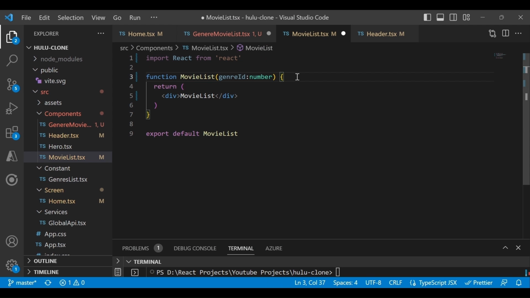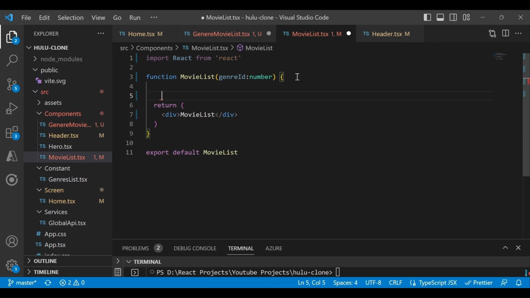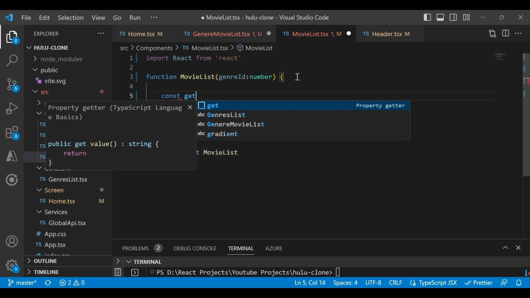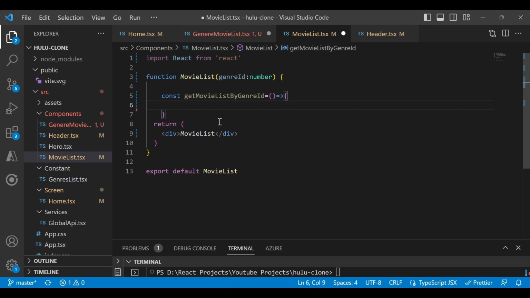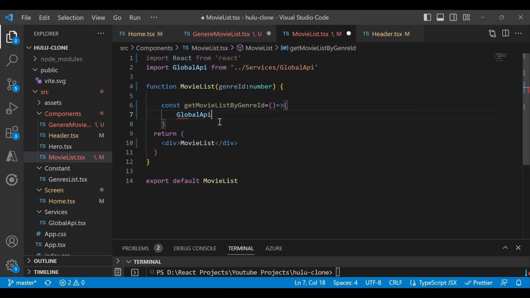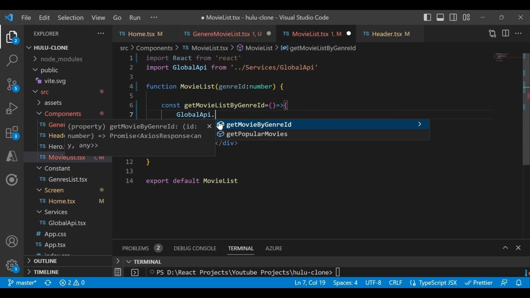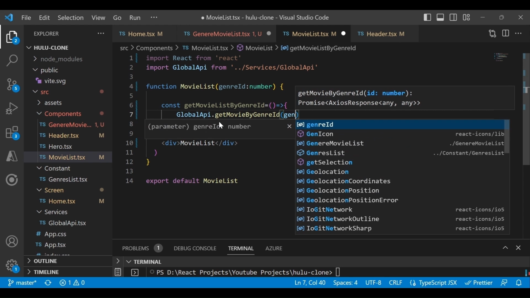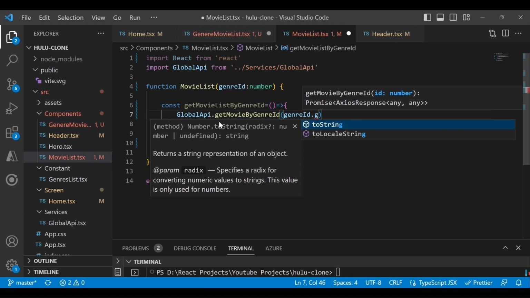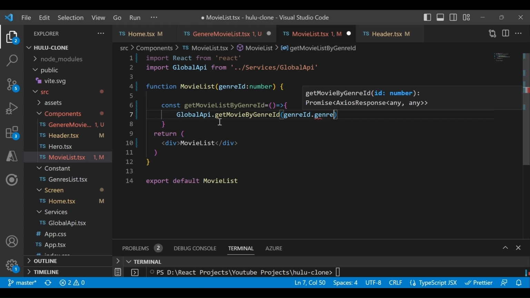Okay, so let's first write a function method to get the movie list by genre id. It will be an arrow function, and you can access this from global API dot. If you see, we have get movie by genre id, and we just need to pass genre id here, genre id dot genre id.